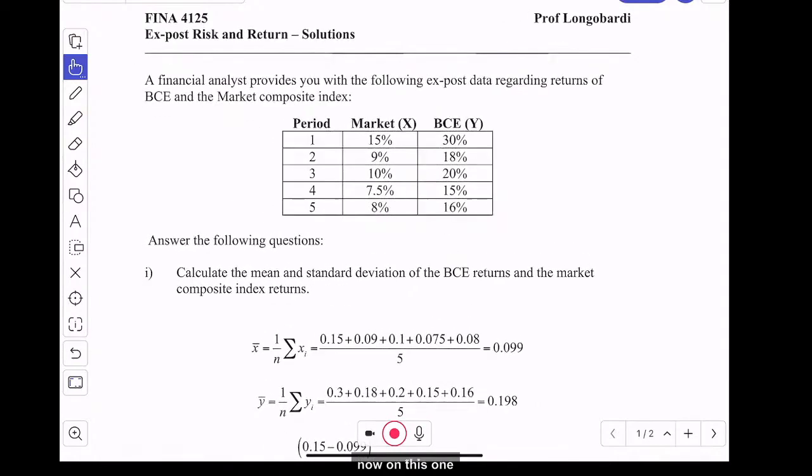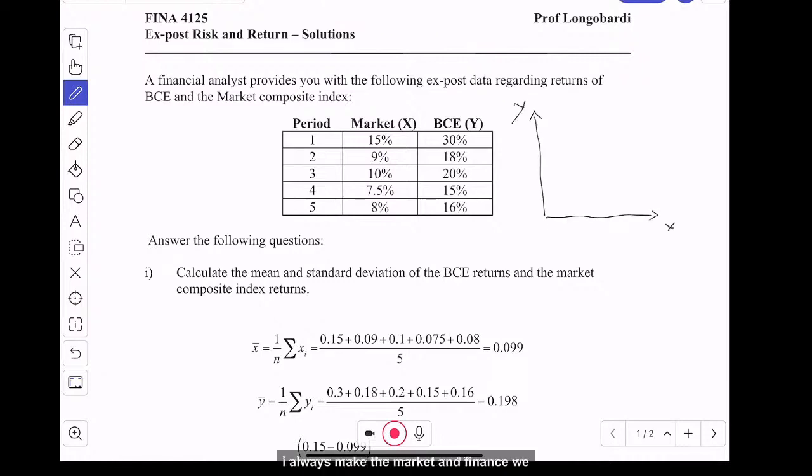Now in this one, you see that the relationship between them is double. When x is something, BCE is double. So what does that mean? If I was going to make a linear, if I was going to display a scatter plot of this data,